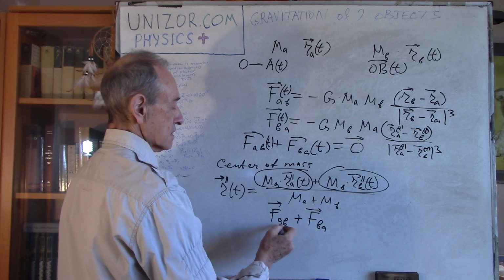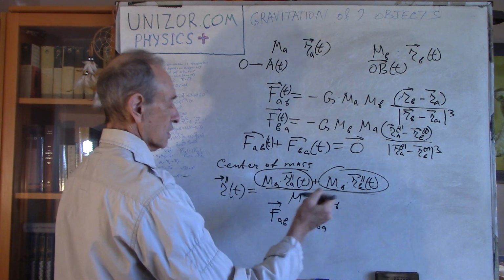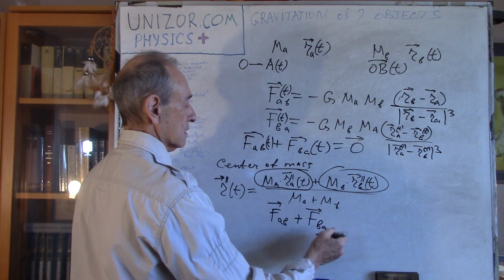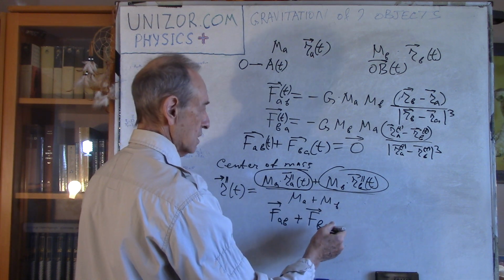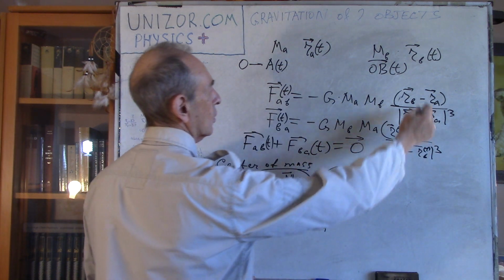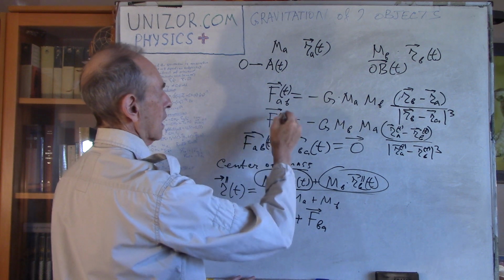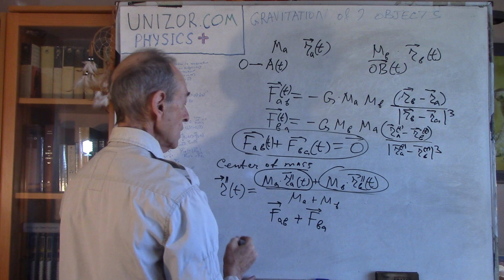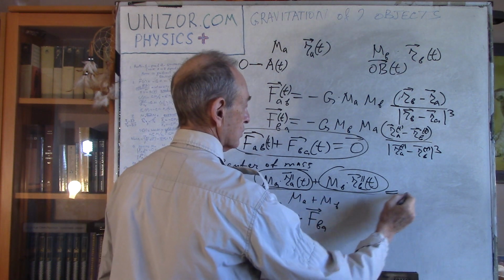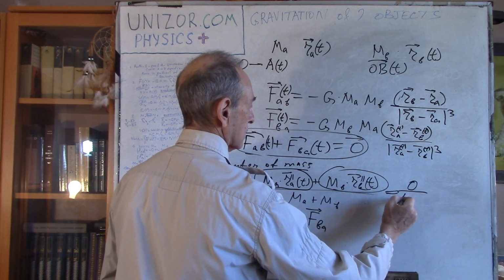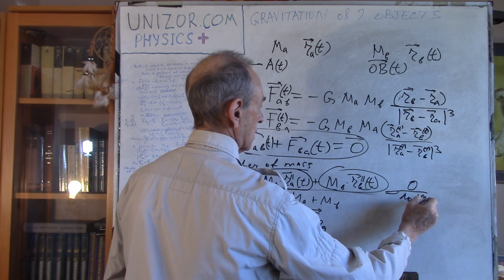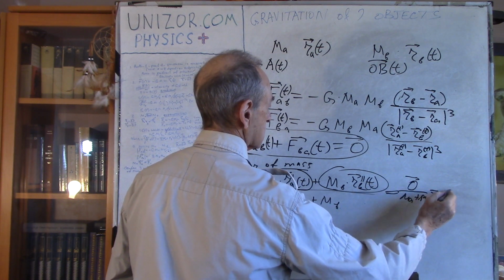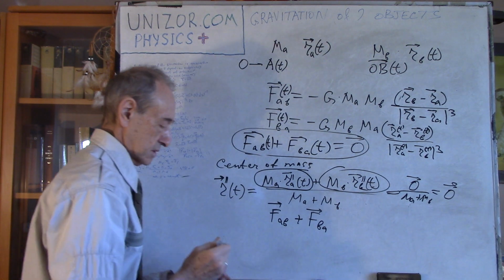But the first force is the force from object B to object A, and the second is from object A to object B. And they are, as we know, nullifying each other. So the second derivative would be equal to 0 divided by M_A plus M_B, which is 0 vector,